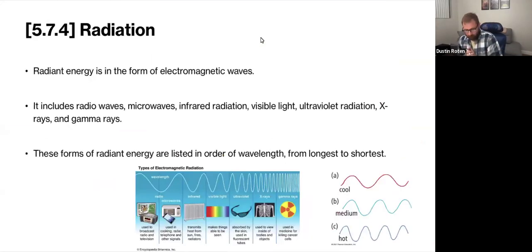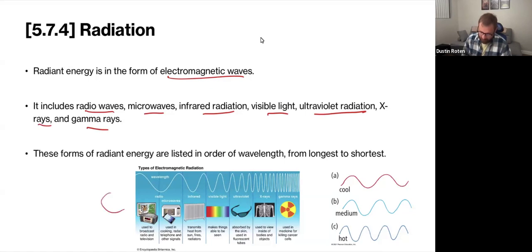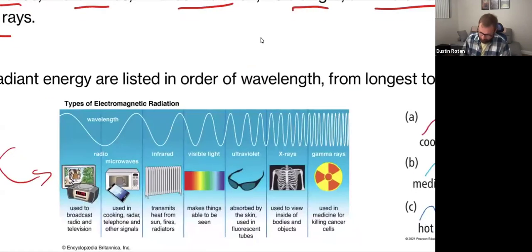So radiant energy is in the form of electromagnetic waves. Here's the big list. This type of energy includes radio waves, microwaves, infrared radiation, visible light, ultraviolet radiation, X-rays, and gamma rays. And you can see they're all labeled here in order. We're going from radio waves, microwaves, all the way up to gamma rays. You'll notice the wavelength, we start out with long, slow waves. So from here to here,